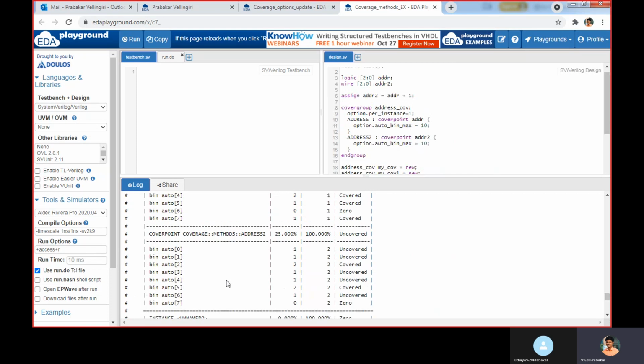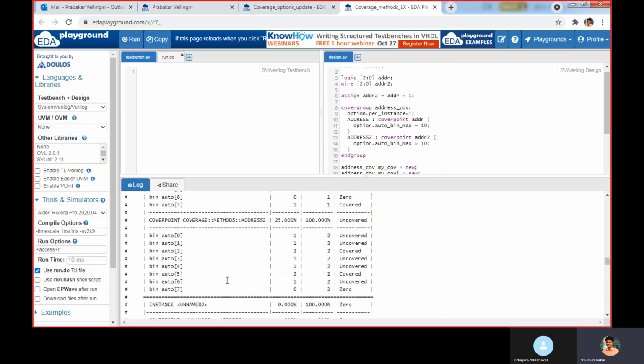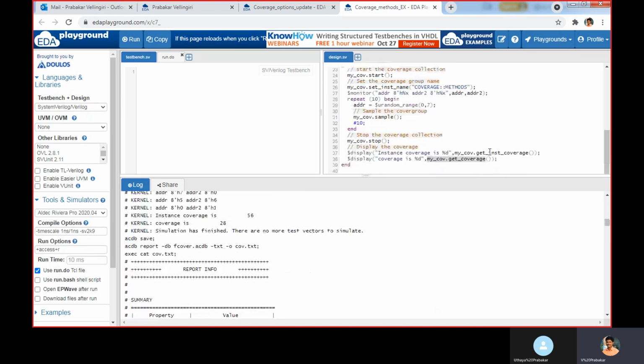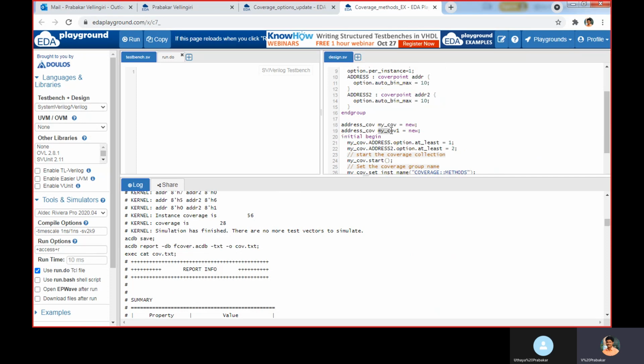Okay, you will get the coverage report for this one. For mycov, the coverage is 56 and total coverage is 28. This is less because here we are starting and stopping only mycov and we are sampling only mycov. Instance 2, that is mycov1, we just created but we didn't use.